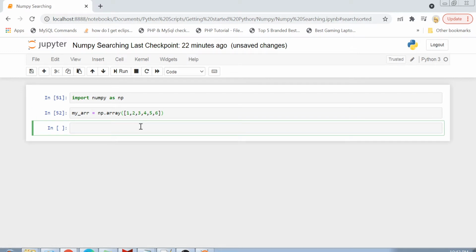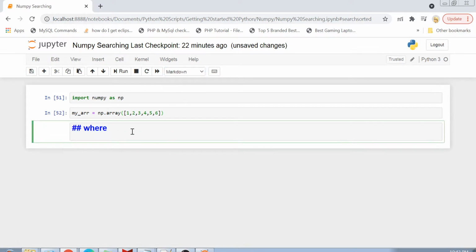Now guys, the situation which we have is we want to search for a particular element in this array, and the method which we are going to use here is called the where method. All of you must have read about the where clause in SQL, right?